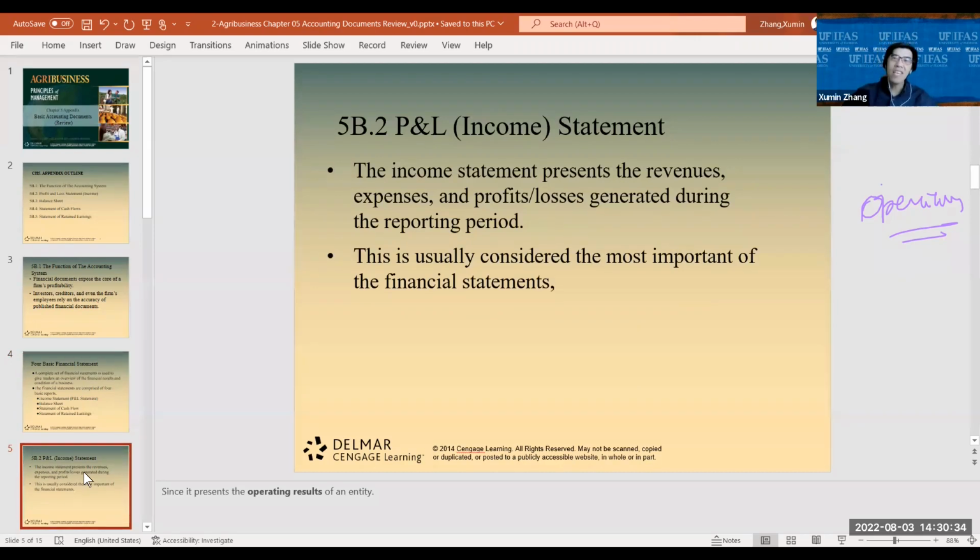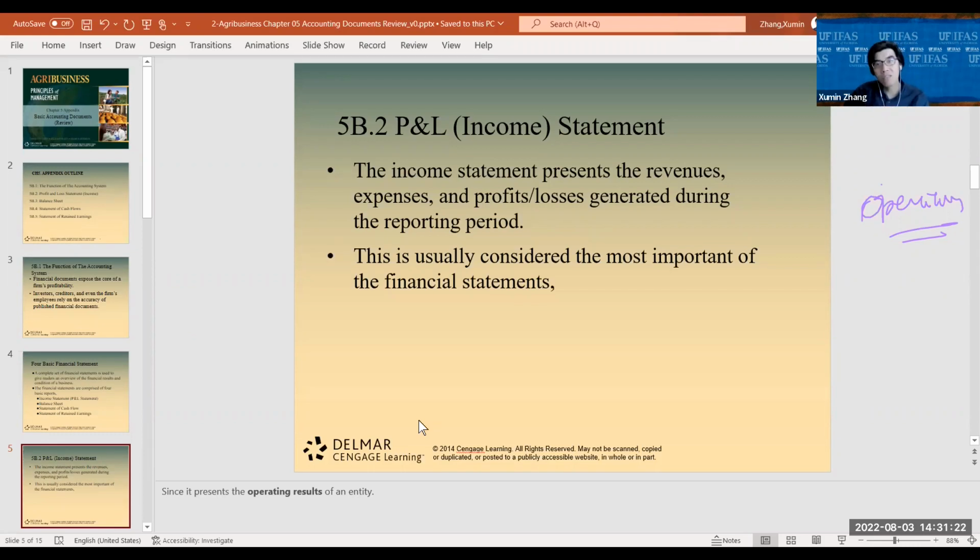The P&L is the income statement. I need more information before this one. Because as I said, from the operation management perspective, this P&L statement will be a monthly report. In our simulation project, this is a quarterly report because the company releases its quarterly financial report to the